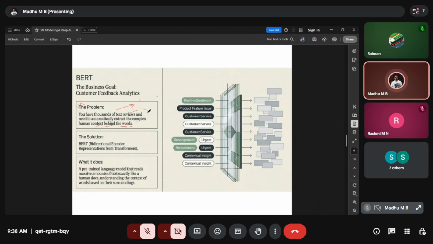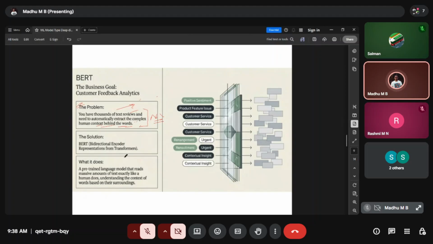They will be giving some feedback in normal text, the human words, natural language. So how do we do analytics on this natural language, right?